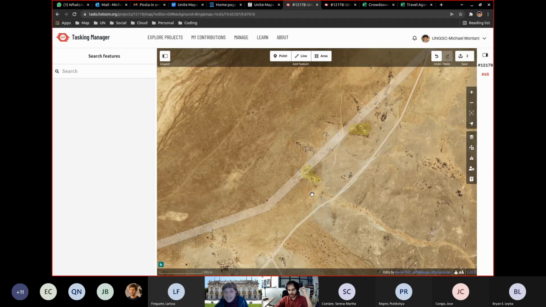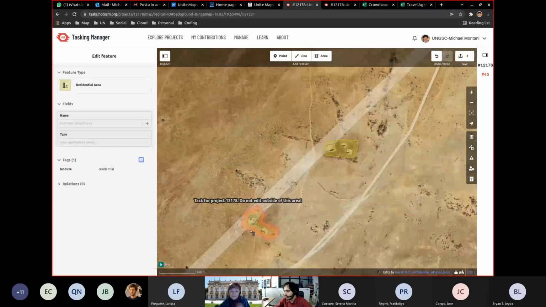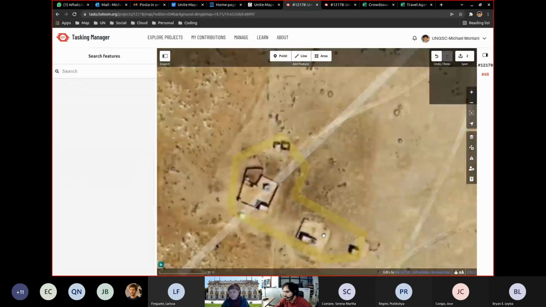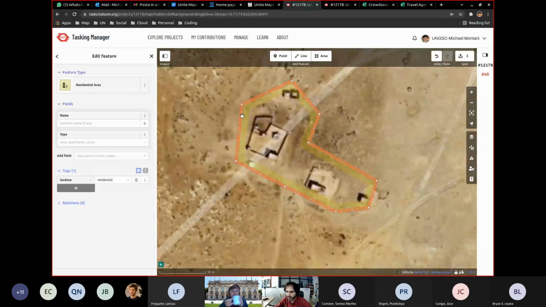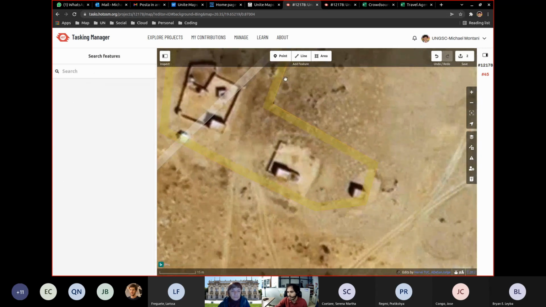Okay. Yes, definitely. And I see another question. Why did you decide to mark it as a residential area and not a building? Well, these are two different things. The first one is the residential area, which, as we said, is the place in which we imagine people are living. But we can also add the building information. Once we map the residential area, we can simply do the same procedure to create a polygon. So like here,